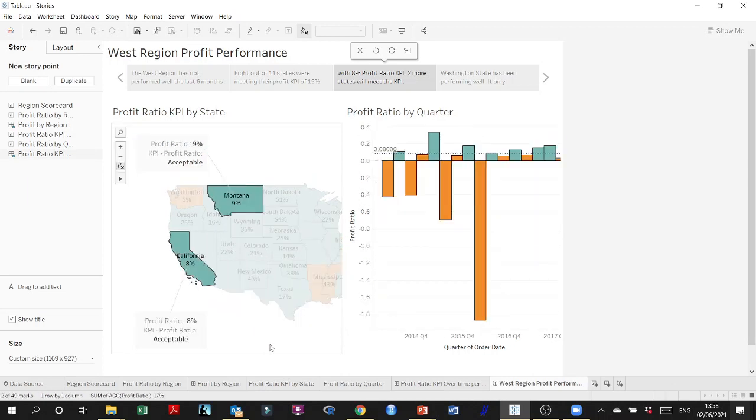So this is annotation. So now we're talking about 2 states that have a profit ratio of 8% or also acceptable, and this is acceptable now after it was not acceptable. With this story, maybe the annotation might not be that great, but in any case,